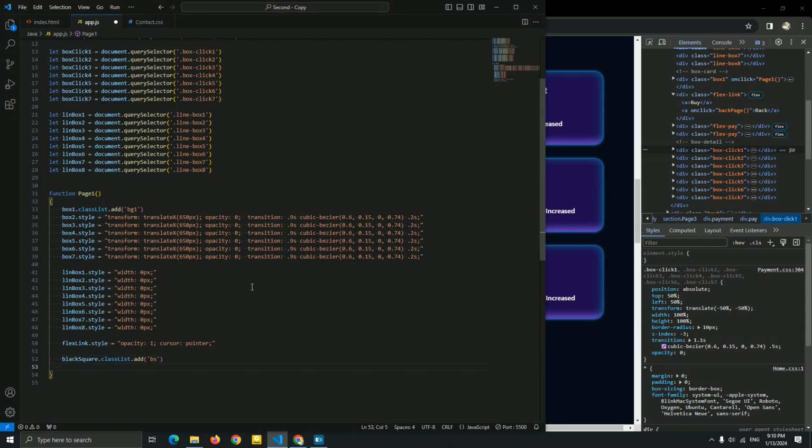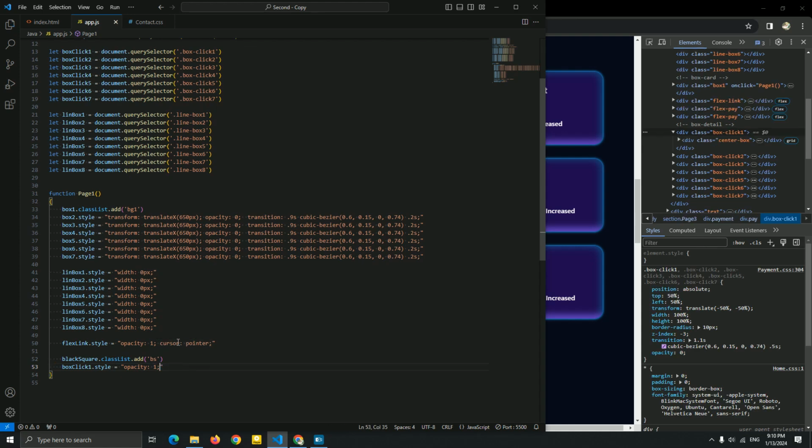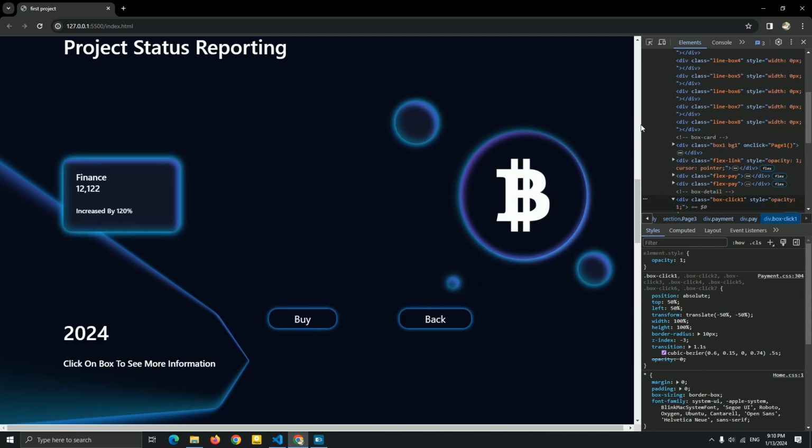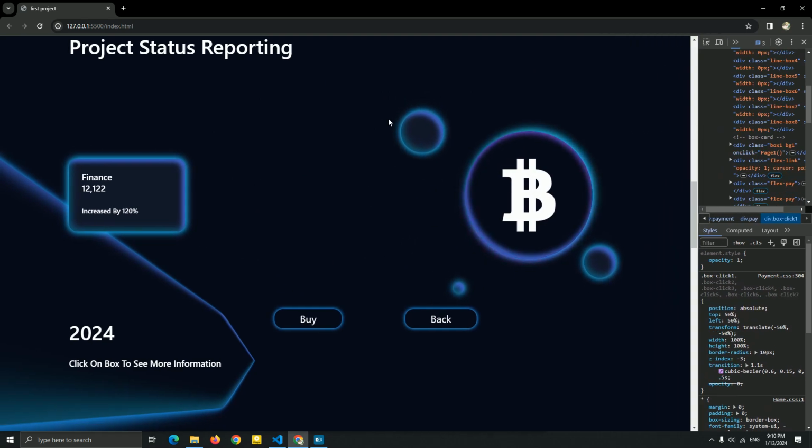Let me just show it right now. Box click 1, I'm gonna add a style, and I'm gonna just add opacity, copy this, paste it. Okay, this is good. Let me see it, guys. You can see we just show this icon, and we can just resize in a media. So let me just finish this JavaScript.